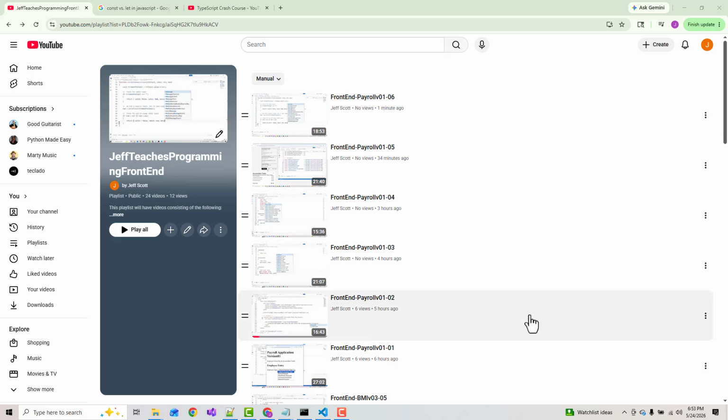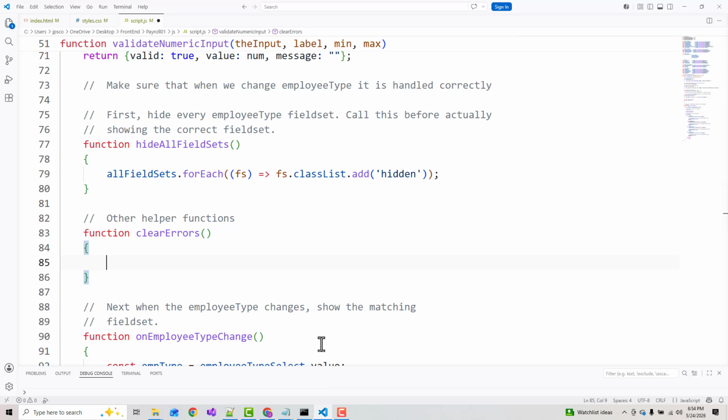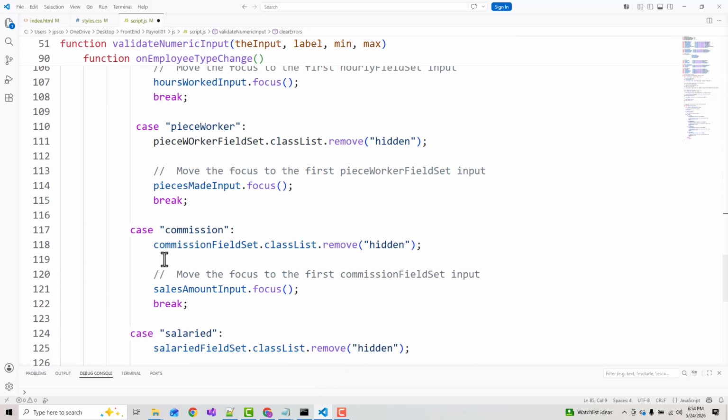We're in the middle of writing our first front-end HTML, CSS, JavaScript payroll application. Spent the first two videos here doing the HTML, the next two doing the CSS, and now we've done two straight on JavaScript, and we got more to go with JavaScript, so let's continue on. So the next thing I'm going to do before I even do these helper functions